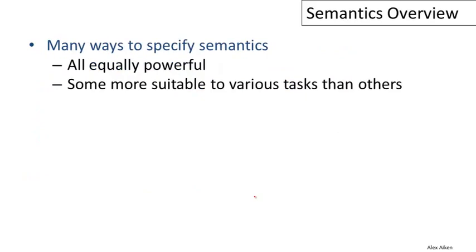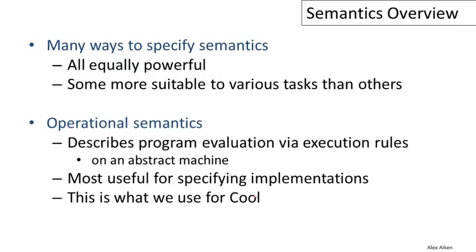So there are many ways to actually specify semantics that would be suitable for our task, and it turns out that these are all equally powerful, but some of them are more suited to various tasks than others. The one that we're going to be using is called operational semantics. Operational semantics describes program evaluation via execution rules on an abstract machine. We just give a bunch of rules that say, for a particular expression, how it should be executed. And you can think of this as a very, very high-level kind of code generation. This is most useful for specifying implementations,